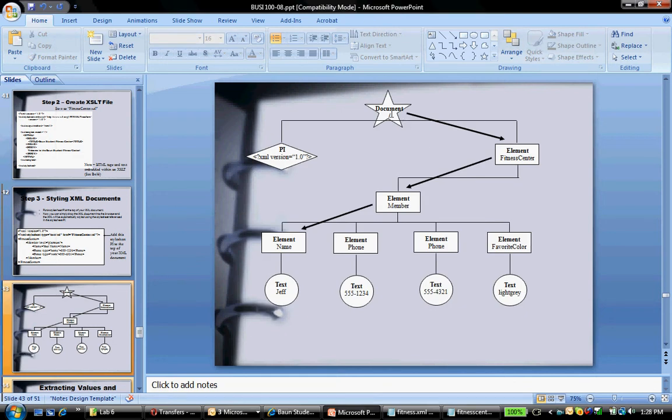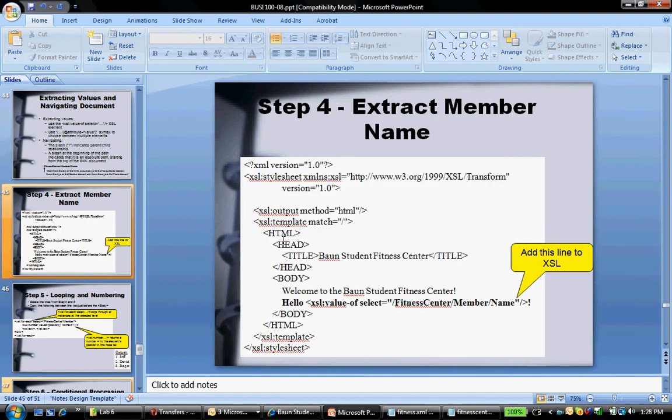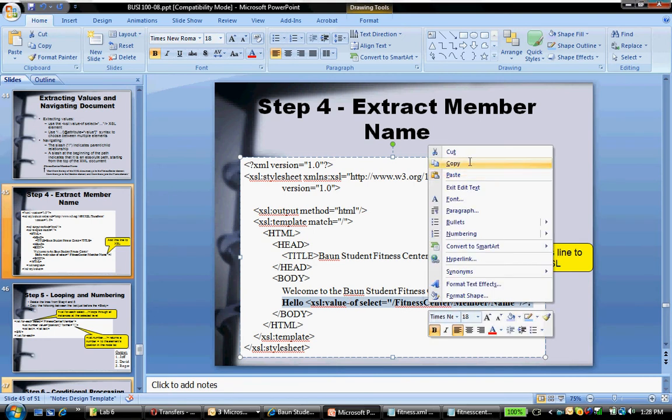What we're going to do next is go through the document, the XML document, and we're going to look for specific elements such as things called Fitness Center, member, and name. And when we detect those elements, we're going to give specific instructions to print out HTML information. So if I kind of jump ahead here, what I want to do first is get the member's name. So I want to copy this section right down here in bold, and so again I'll copy that,